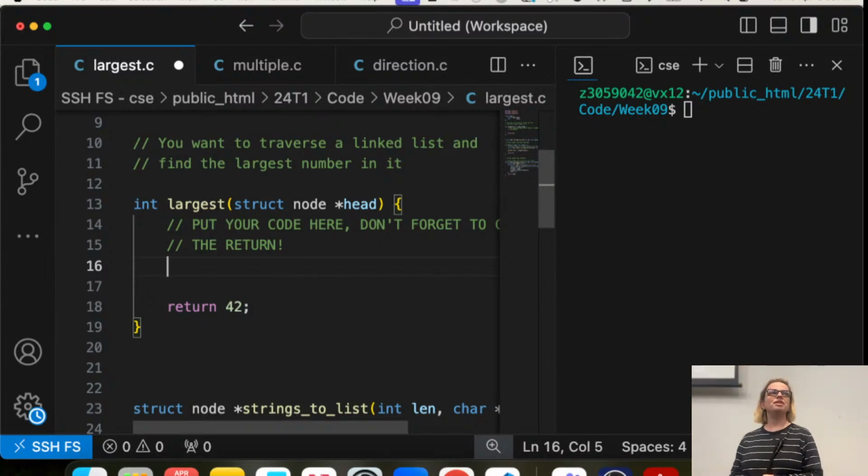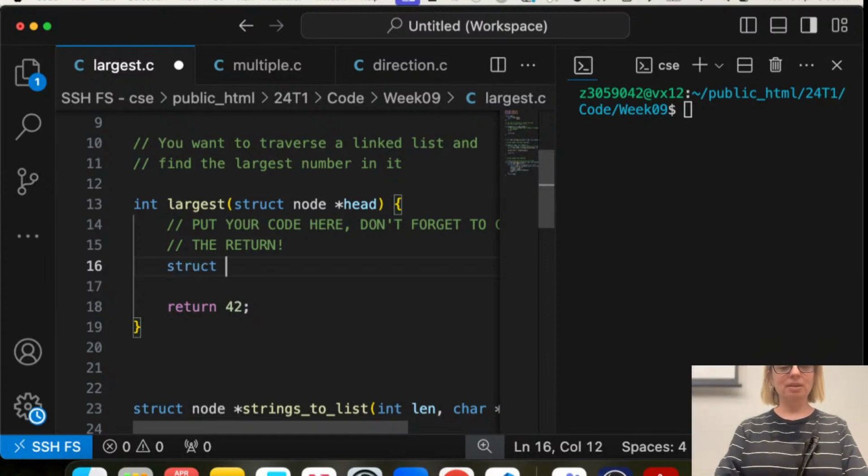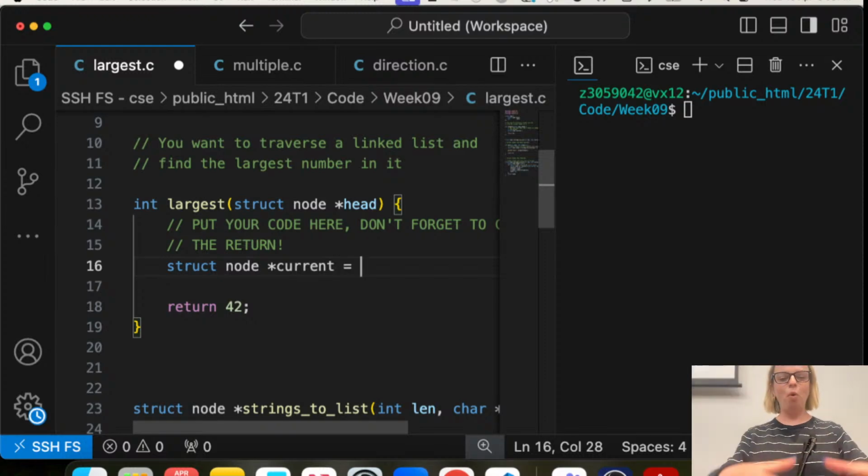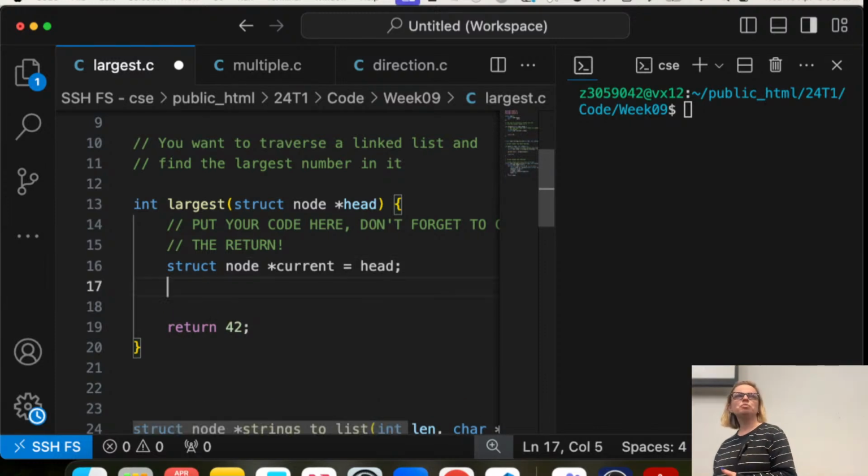What do you think we should do first, if you were in the exam? Beautiful. You make a current pointer and you point it to the head of the list. That's going to keep track of where you are in the list as you traverse it.